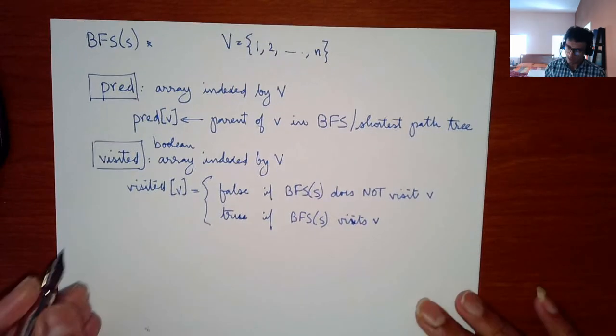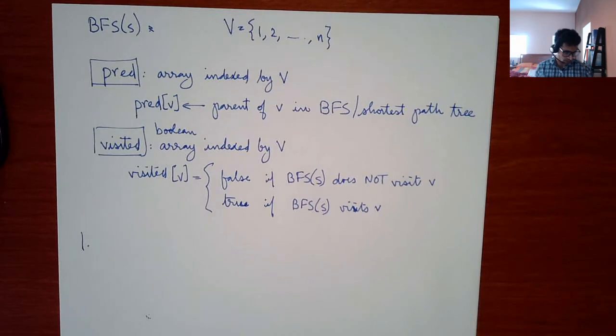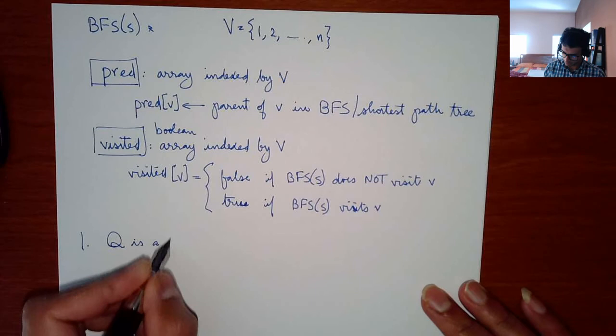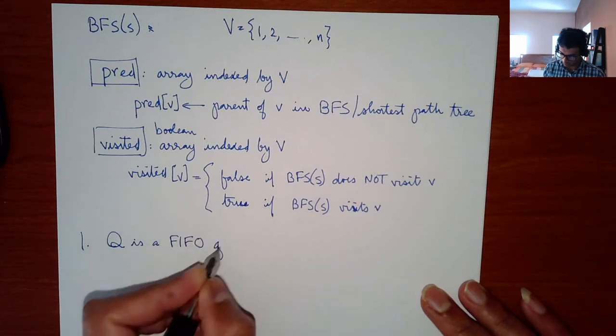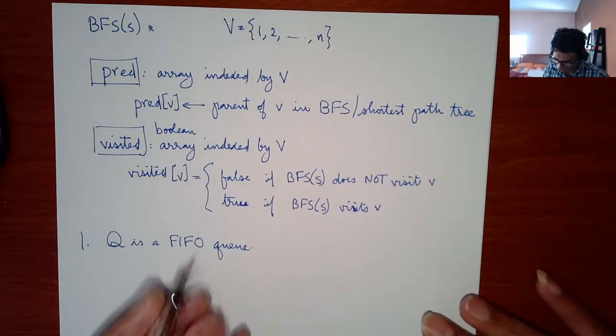Now let me give you a description of the basic pseudocode of how BFS works. First, it's going to initialize Q. Q is a first in, first out queue, the normal queue. Going back to the question of what queues are used for: we've actually never really seen a queue pop up before. We've seen stacks, and we did all this stuff on stacks and recursion. What about queues? The classic use of a queue is breadth first search. So it's a FIFO queue